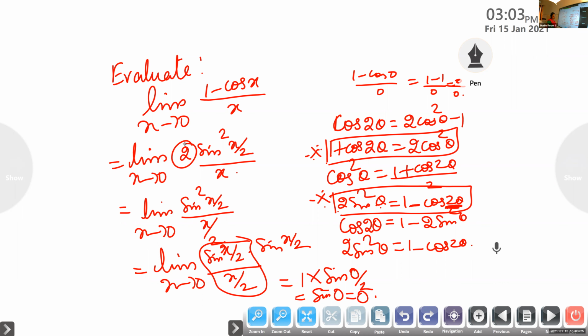It is in the third place. If you want, you can take it to the numerator. So which is same as a square means we can write this as a into a. So sine square x by 2, we are writing this as sine x by 2 into sine x by 2. With one x by 2, we are combining the by x by 2. So it takes the form limit theta tending to 0 sine theta by theta. So this one will become 1. 1 into here sine x by 2. But x is 0. When you put 0, it is sine 0 by 2. 0 by anything is 0. So you'll get sine 0. And what is the value? Sine 0 is 0.